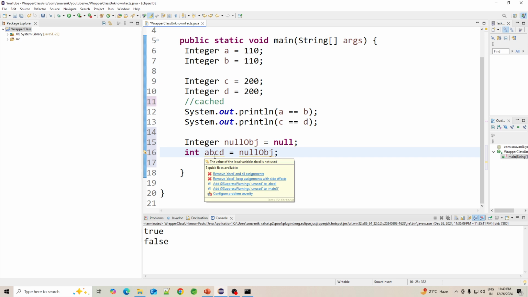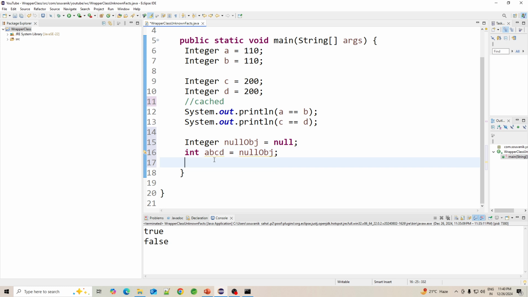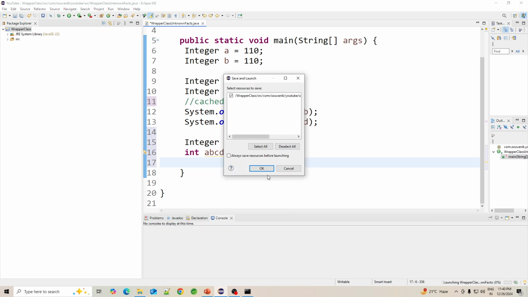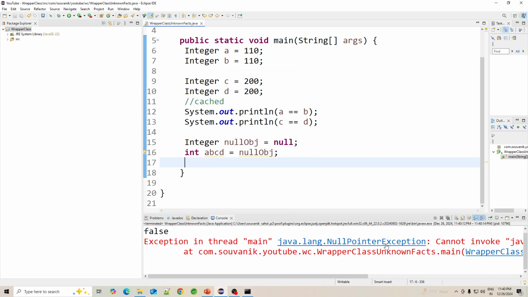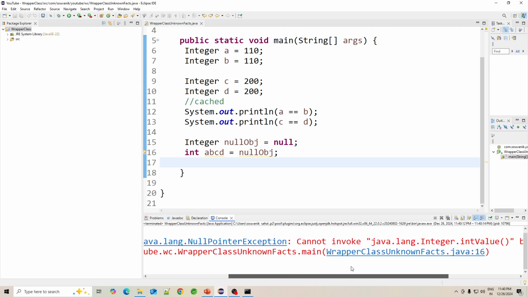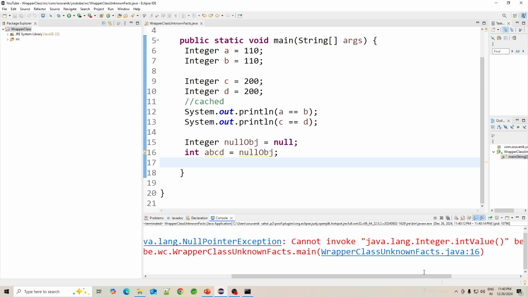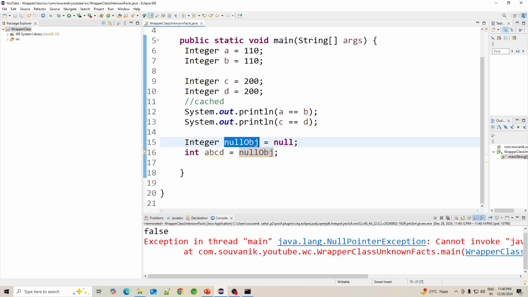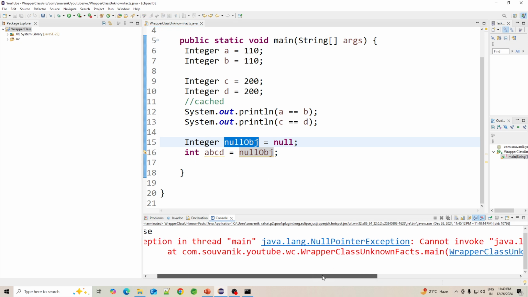The compiler is not telling me that I can't assign null to an int variable, but whenever you run the program, you will get a null pointer exception. See, cannot invoke java.lang.Integer.intValue, because the object is null. This is my object name, that is null, and I have tried to assign this value to a primitive data type, so that's why I'm getting a null pointer exception at runtime.